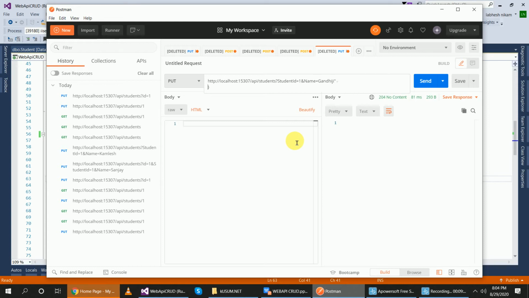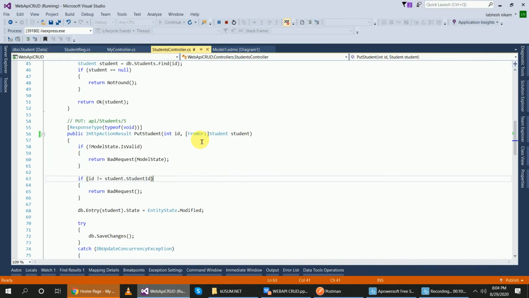In place of Gandhiji, suppose Suresh. So I have passed my student data to update inside the browser because I have used from URI.